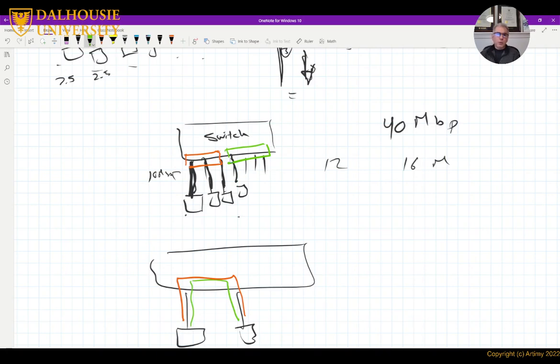They are totally separate from each other, right? So the only way I can connect them together is to put in a router. So if I put a router here between the two, now the green and the red can talk to each other, but otherwise they will be totally separated, right?